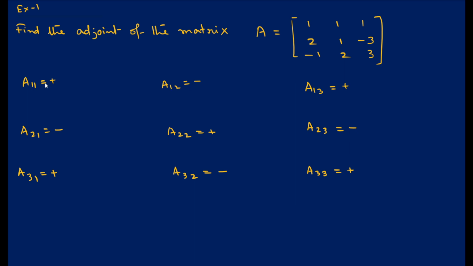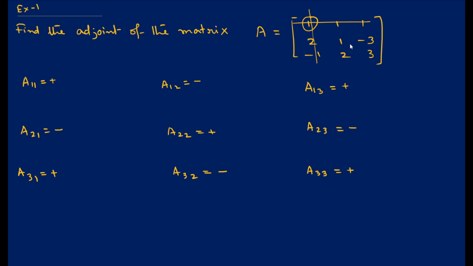Okay, so ये 1 plus 1 था, 1 plus 1 क्या है? इवन है, so इसलिए प्लस, 1 plus 2 ऑड है, so ये नेगेटिव, फिर 1 plus 3 क्या है? Even number, so again plus. So we have already discussed how to find the cofactor. When you find the cofactor, A11 means what? Cofactor of the element 1. So 1 lies in which row? First row and first column, right? So we have to delete these two.